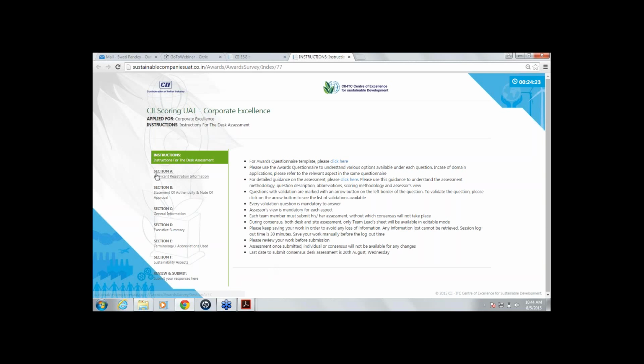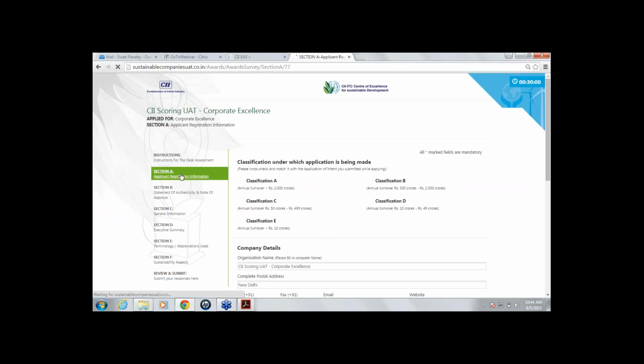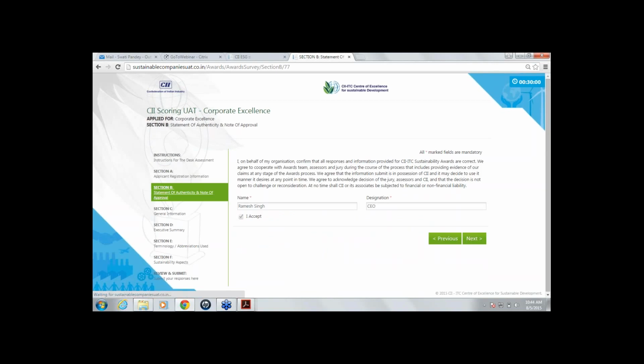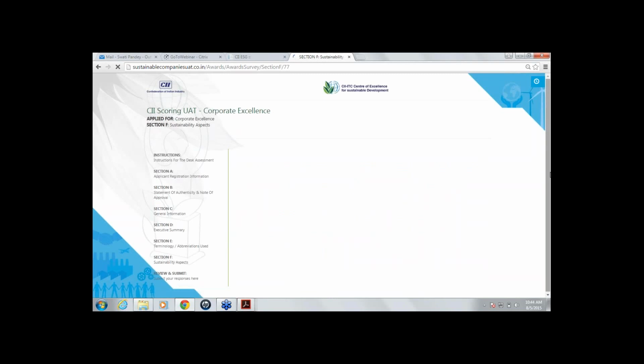Coming to the assessments, there are various sections listed. This is something we have already shown you during the training program. Sections A to E are meant only for building context about the company. You can go through these sections to understand the business of the company, the product portfolio, employee information, and shareholding pattern; everything is listed here. Once you are on section F, you need to read the information provided by the company for the objective questions.